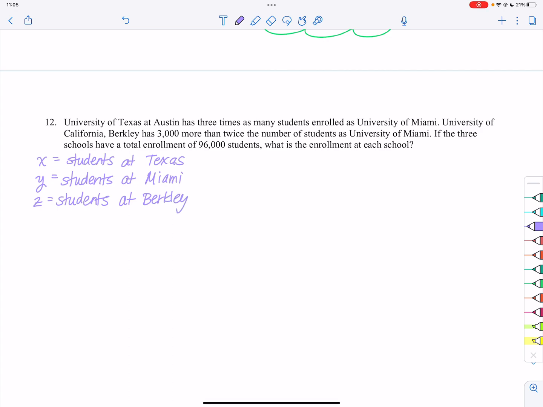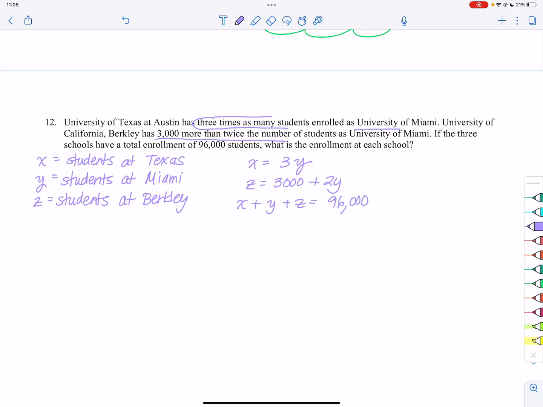And so the system that we have: 3 times as many enrolled as Miami. So what could we say? We could say that X was equal to 3Y. Then 3,000 more than twice the number of students. We could say that Z, the number at Berkeley, is 3,000 plus 2Y. And finally, all of the students added together equal